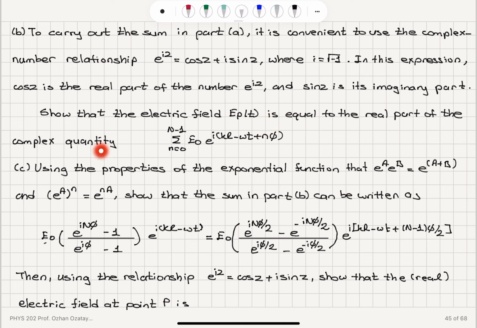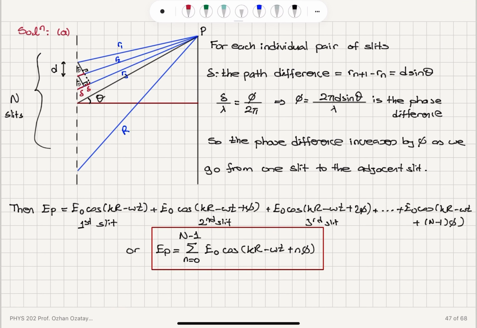real part of the complex quantity, the sum n equals 0 to capital N minus 1 of E0 e to the i (kr minus omega t plus n phi). Okay. So this is going to be easy. We have e to the i (kr minus omega t plus n phi)